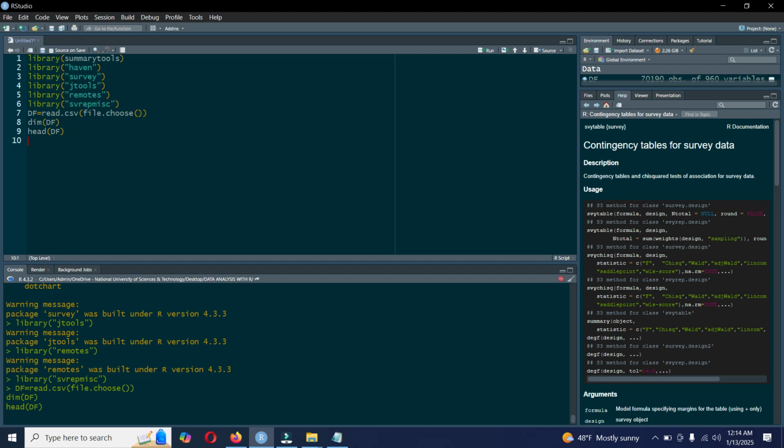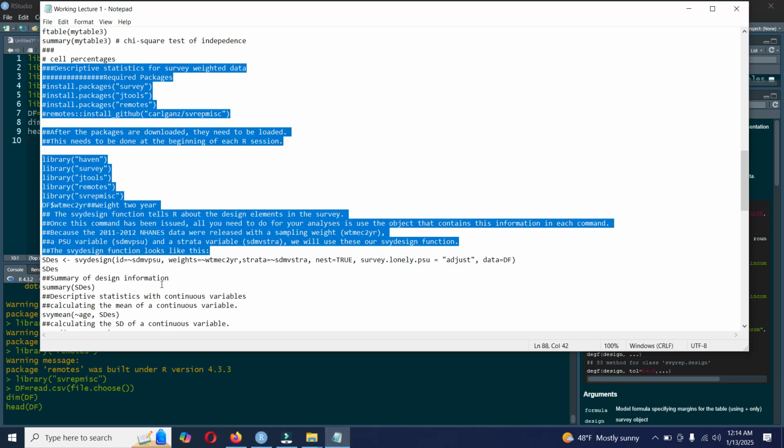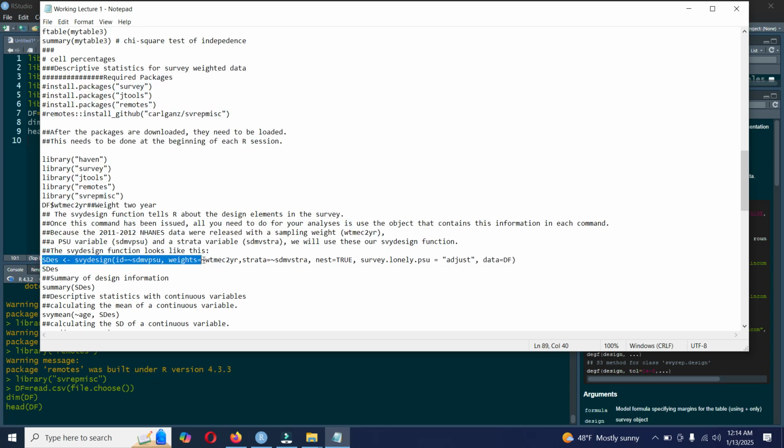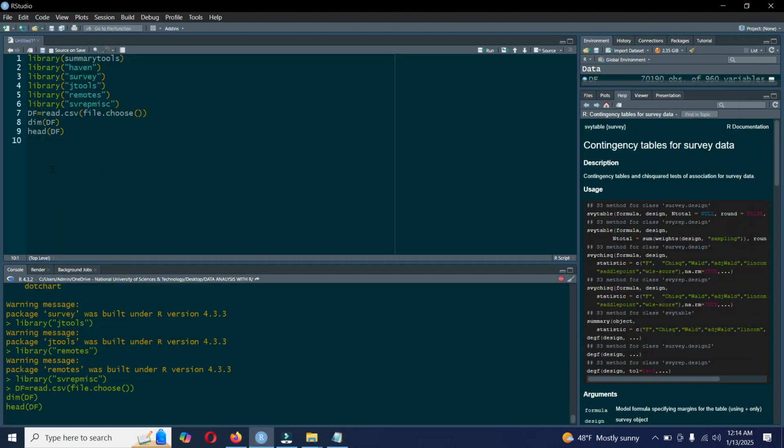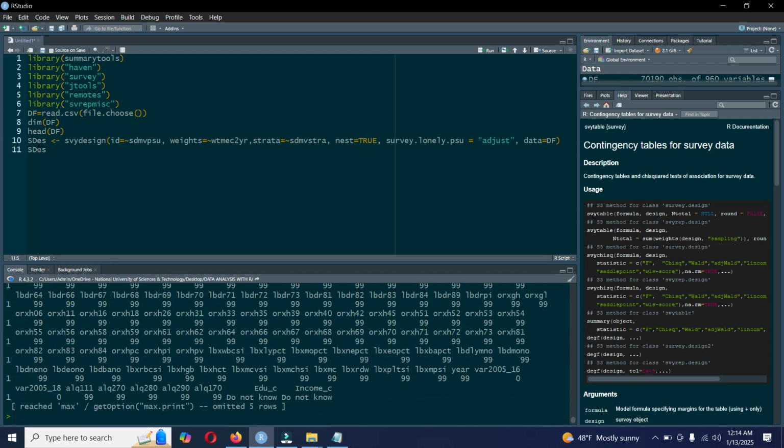First few observations, and then we can set the survey design function that I have already discussed. This is the survey design function. All these variables are in my data set, like the primary sampling unit indicator, the weight variable, and the stratification variable. So you can just run this command and you will get the survey design function,